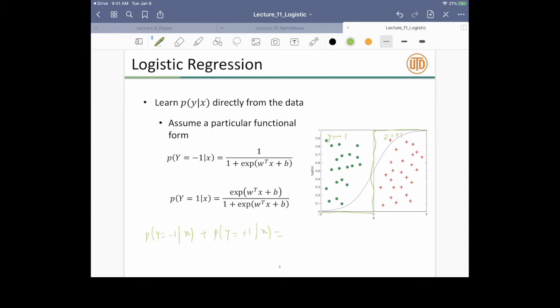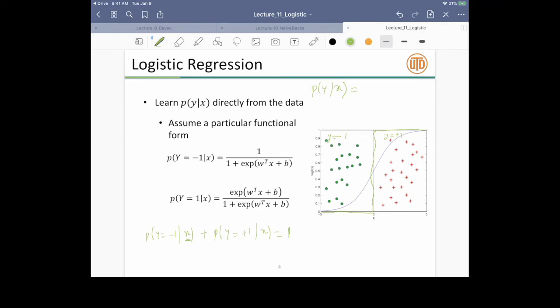These are all conditional distributions, so we are conditioning on an x. y can take only plus 1 or minus 1, it can just take two values. So the sum of the probability of minus 1 and plus 1 must be equal to 1, because the sum of all the probabilities must add up to 1. One form that you can write this in, which I prefer, is not written down here, but this is a form that I prefer.